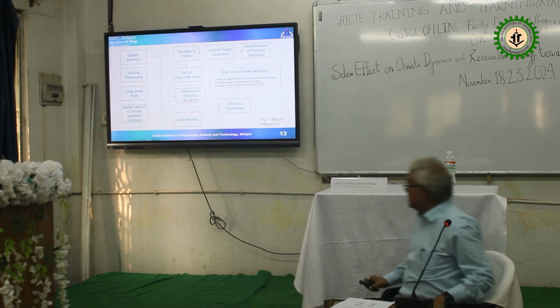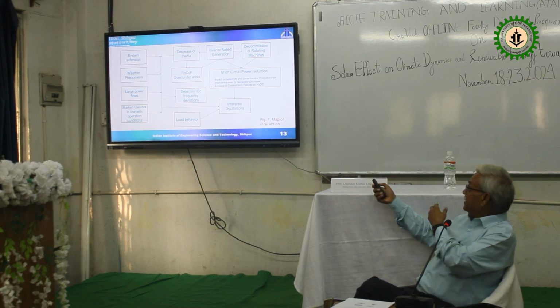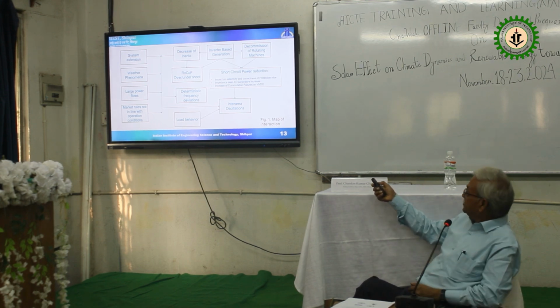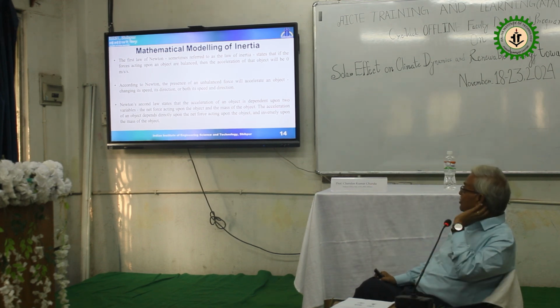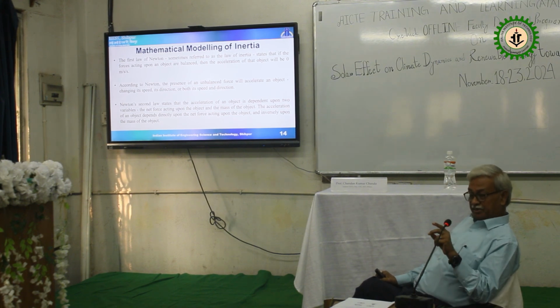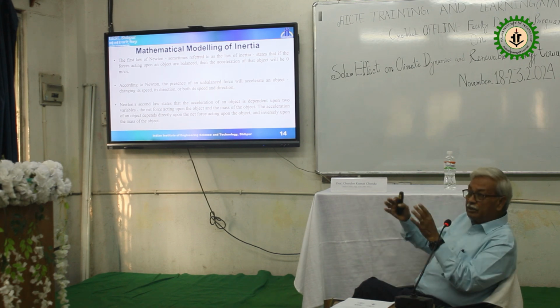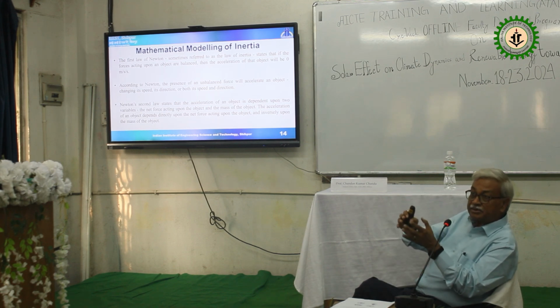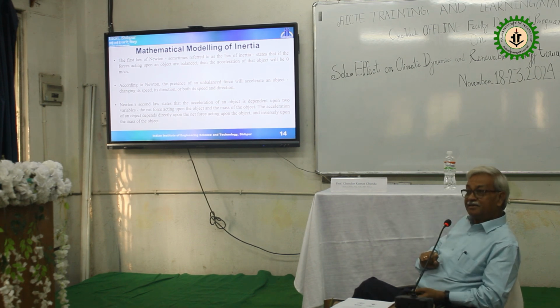So with your permission, let me say it again. This is very, very important, no? This is the map of interactions of this inertia aspect. Mathematical modeling, I don't know how much interest. Mathematical model of inertia: when you talk about rotational inertia, there are three types. One inertia is coming from the synchronous generator. Another inertia is coming from the load side, which is dependent on voltage and frequency. And another inertia is the synthetic inertia or the virtual inertia.